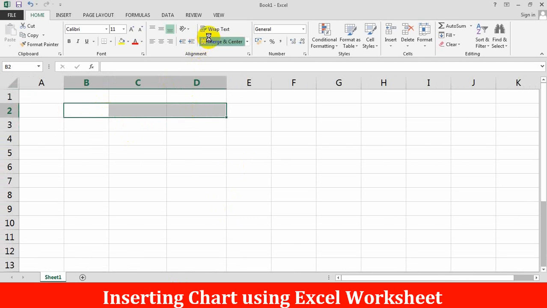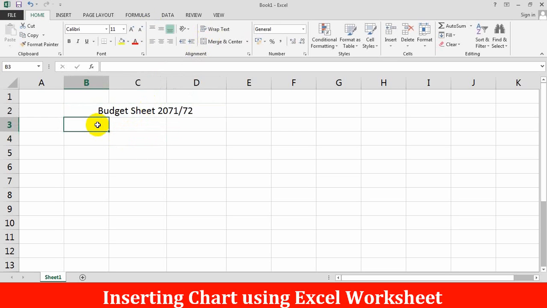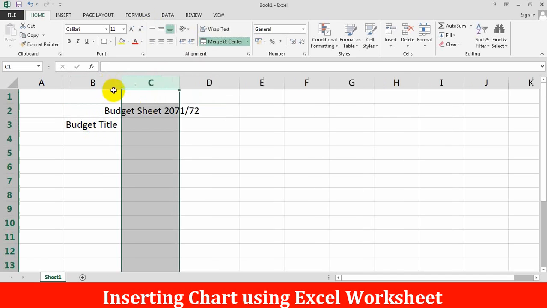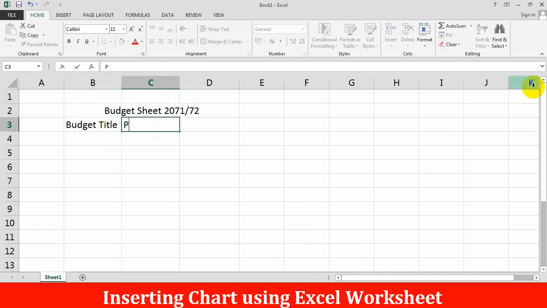Let's type a title like budget sheet 2071-72. Now here the budget title and here the price.